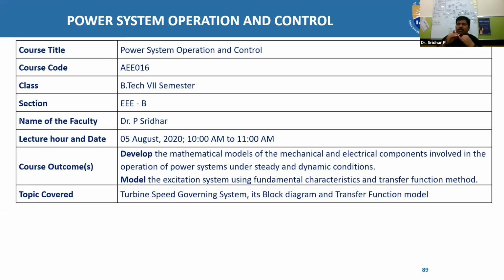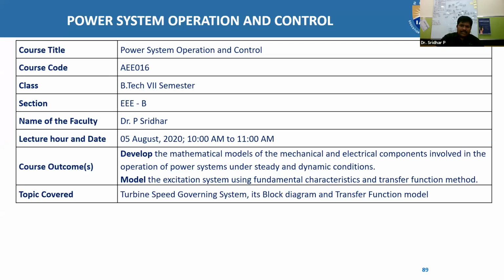For every load frequency control loop, how can you find out the response, or if you give some sort of input, how will it act? This comes to one conclusion if we are provided with a suitable transfer function or at least some block diagram. So I am making an attempt to find the total transfer function of the power system, consisting of steam to output. First, I am taking the speed governing system, the turbine speed governing system.